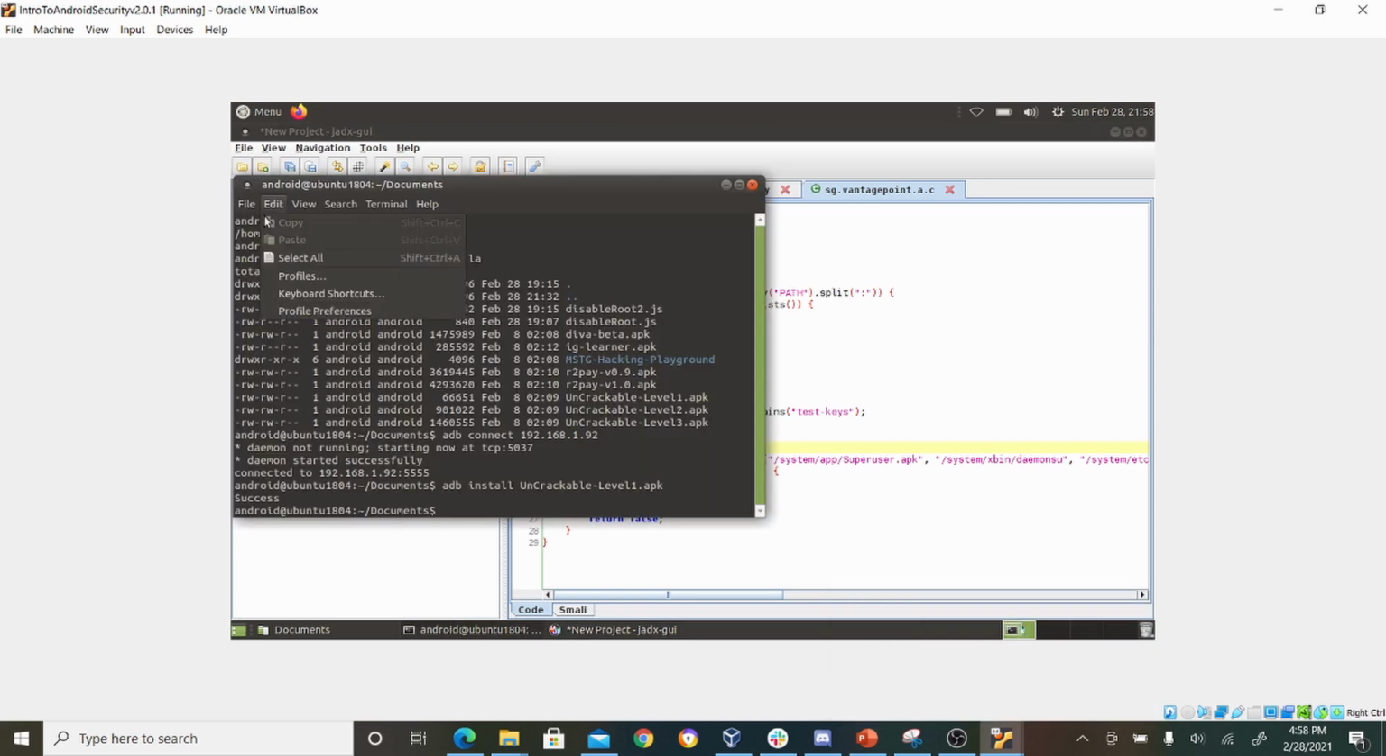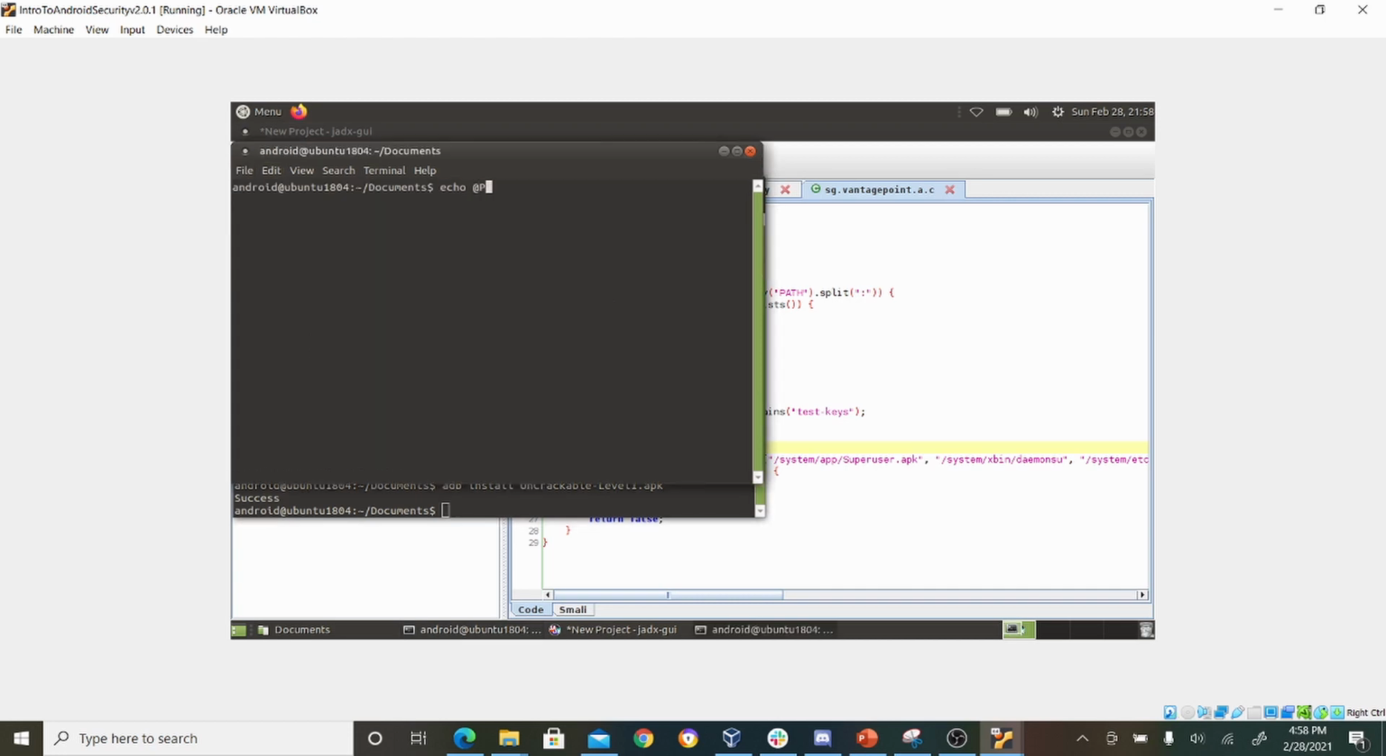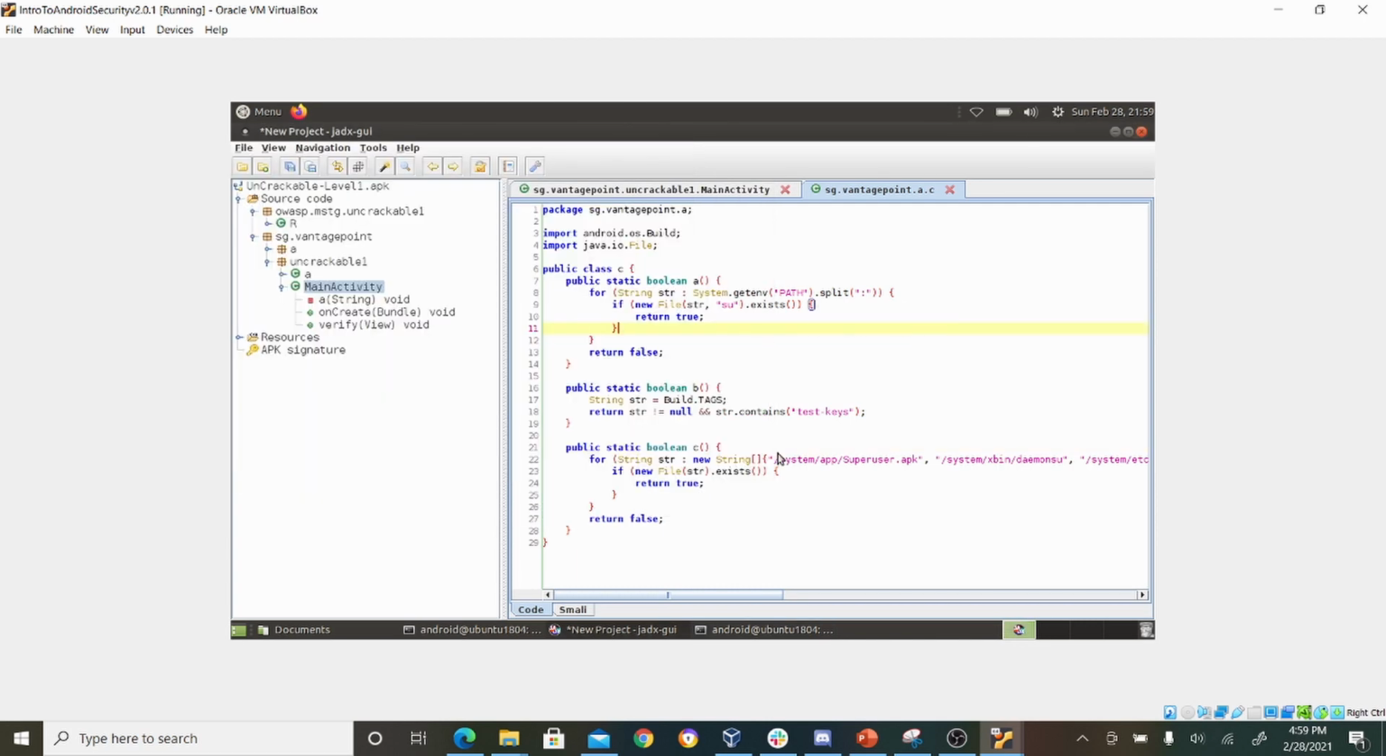intro to Android security. If we open another terminal and I say echo $PATH, which is an environment variable, you see that there are colons here, and that is the way to separate directories. So what we're saying is, for every item in the path environment variable, split it by the colon,